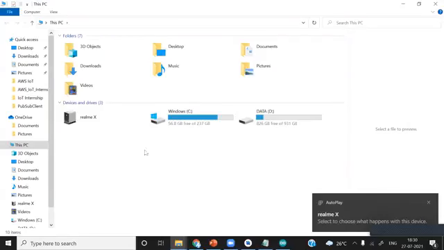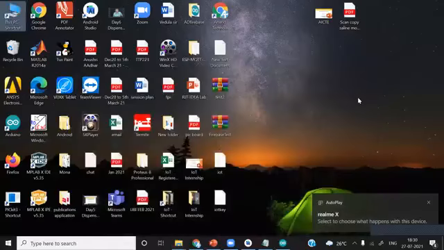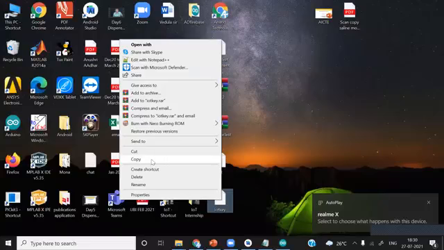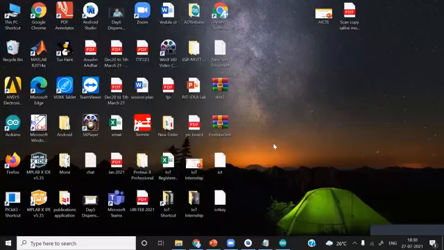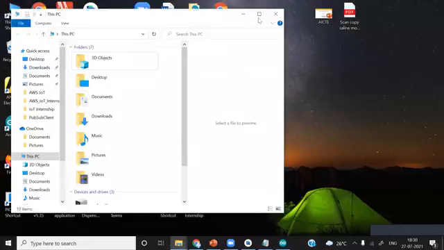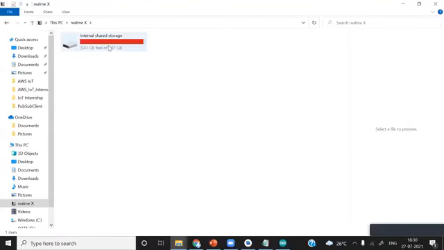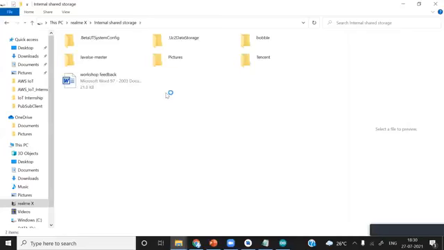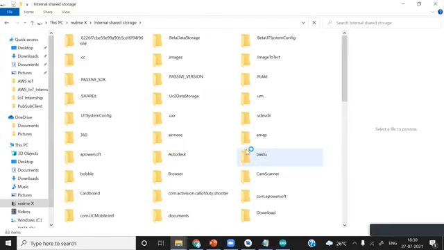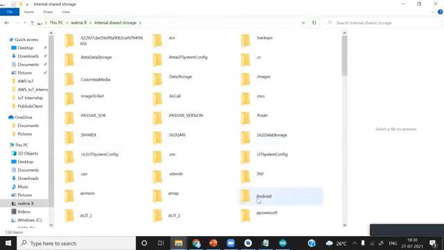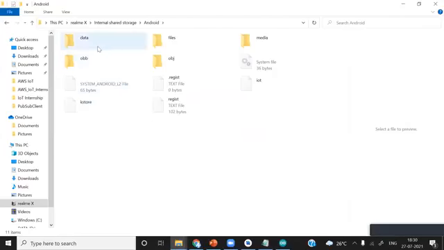You can see here, you just have to copy this. Go to this PC, open your connected device, go to internal shared storage, and from here you can open your Android, and in Android go to data.